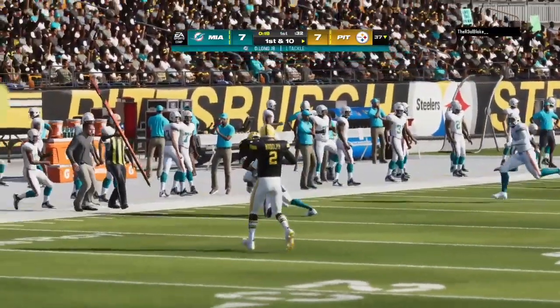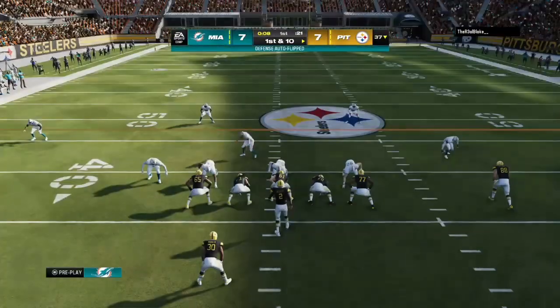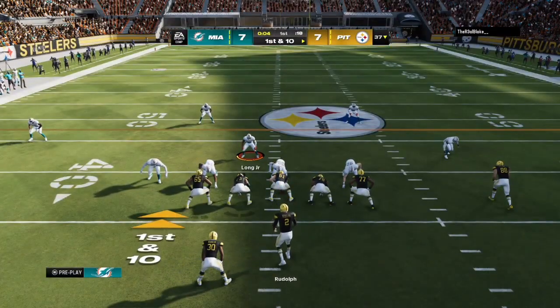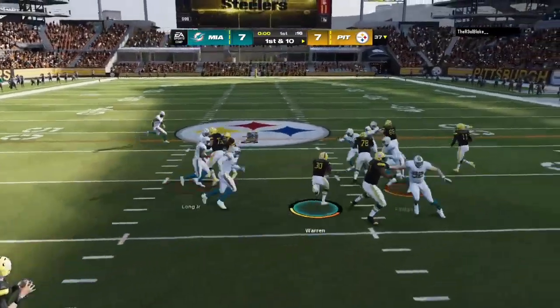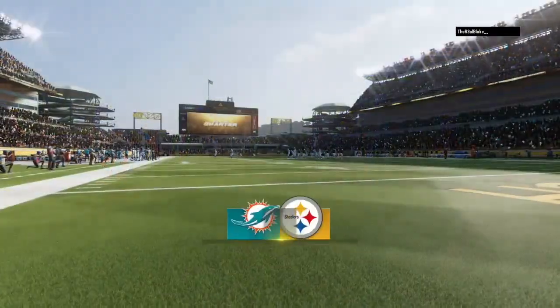That's a nice job there knowing what his options are. He's out of the pocket to his left, and I thought maybe think about running with this one, but he uses his vision instead, finds his man on the left sideline, and they convert on 3rd down. Warren will try the right side, and he'll be taken down here as it will take us to the end